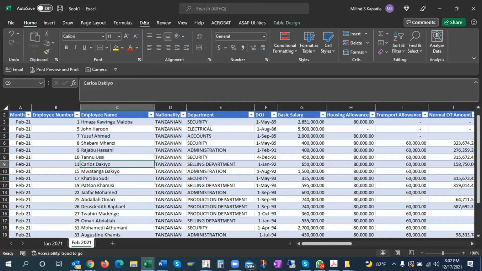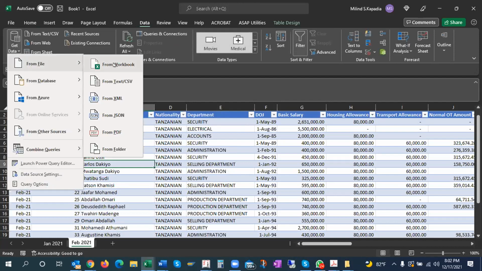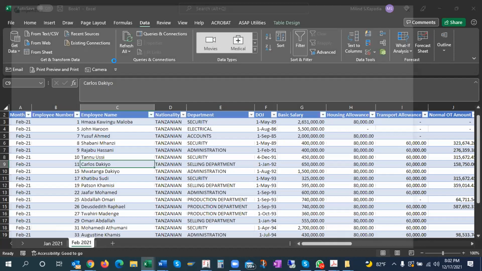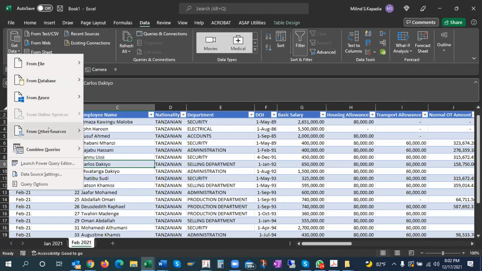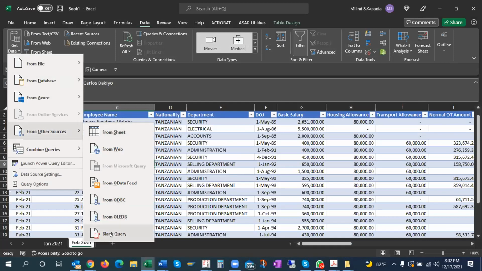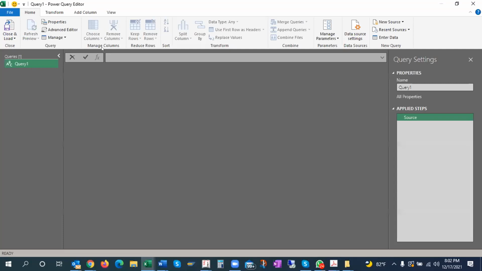Earlier I made different tables, but now when I say get file, I say workbook. Sorry, not workbook. My mistake. I say get from other sources. I say blank query, and this query editor will open.